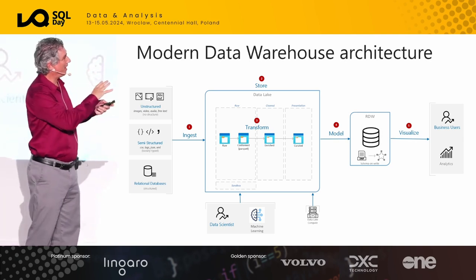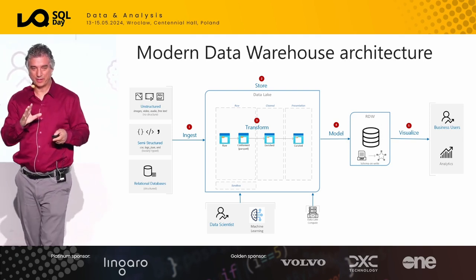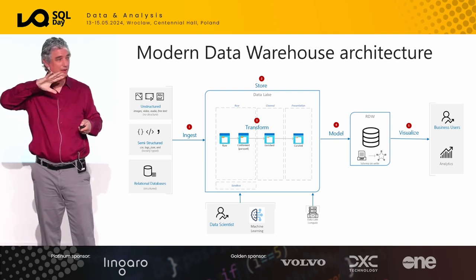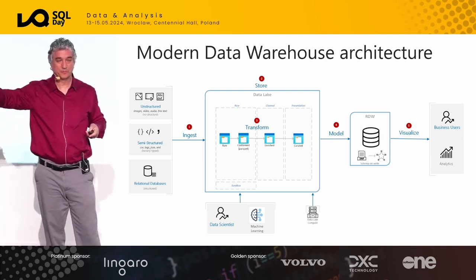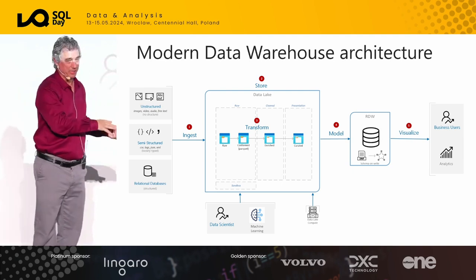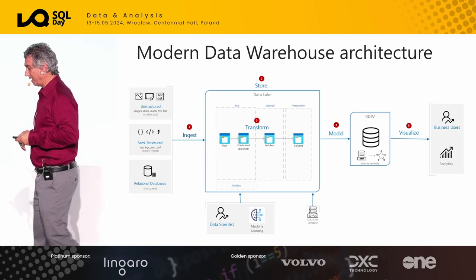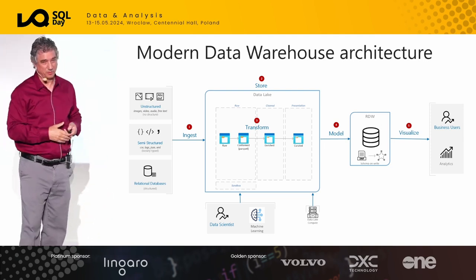Now, step 5 is where we visualize, and there are a lot of different approaches you can take. I can do a star schema within the RDW, or I can do that within Power BI if that's the tool I'm using. Maybe I don't even need a star schema, or maybe I can skip the third normal form. So there are a lot of ways, and that's where I talk with customers and ask them a lot of questions, and then we come up with the best approach.